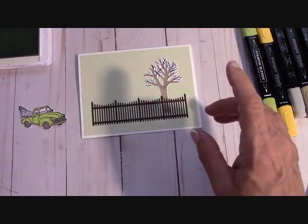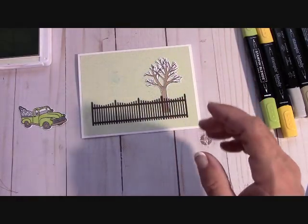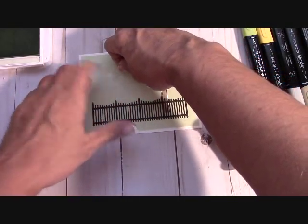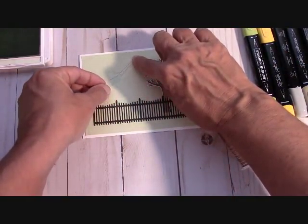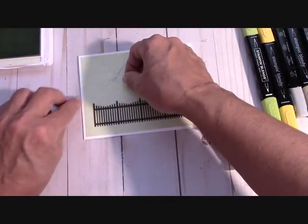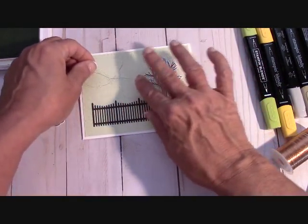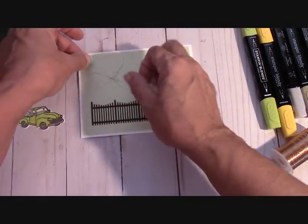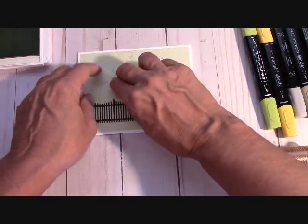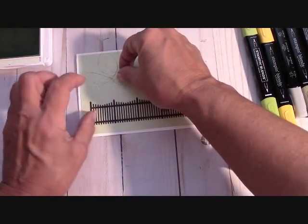We want to take our Snail here and just messily, if that's a word, throw down some Snail right there. Take your copper thread, your metallic thread, and put the tip of it in that mess of Snail that you just created, and go ahead and loop this thread coming all the way out to the end of the seafoam green piece, and then probably coming down here. Let the thread twist and turn the way it wants to, and you just work with it. And then I'm going to let it come down to the fence here and up to the top of the card here, and just really and truly, it's a mess, and you want it to be a mess. That's what's kind of fun about this, is that this is not precision whatsoever. Just keep sticking it down into your Snail,